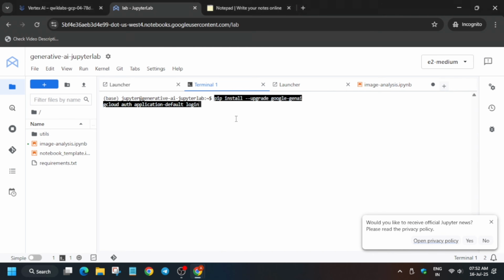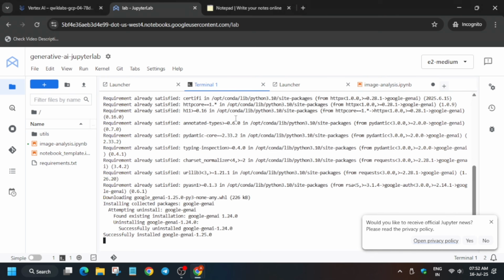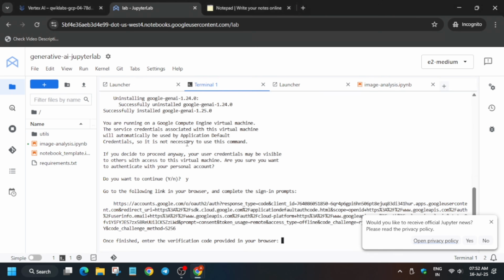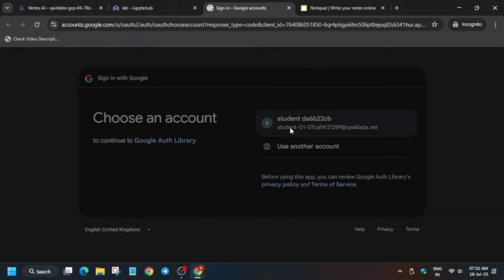Now it will ask you to sign in. For signing in, use the lab credential, don't use your personal username and password. Now here type Y and hit enter. Now open this URL. Okay, here you have to just select your student account